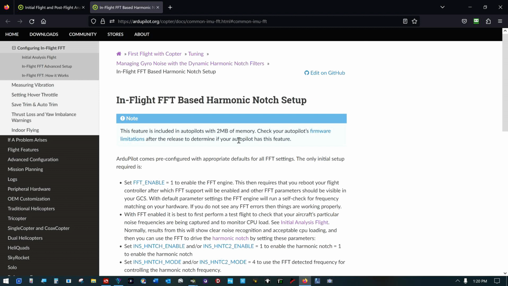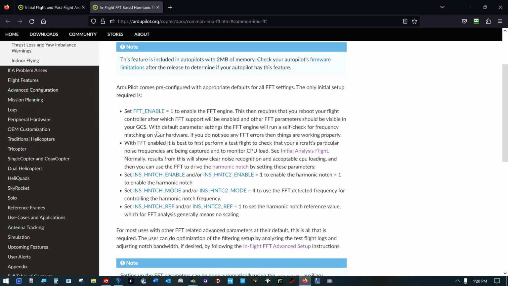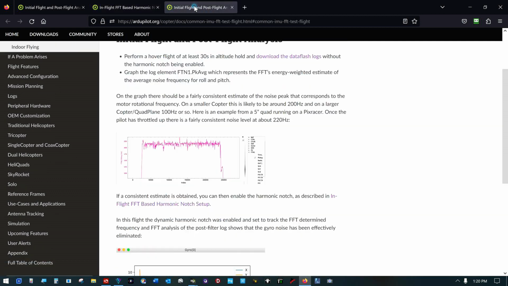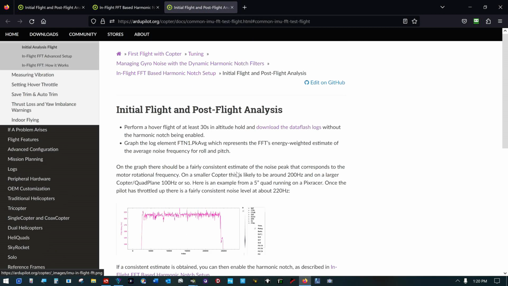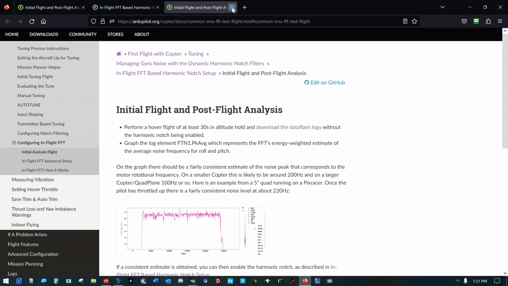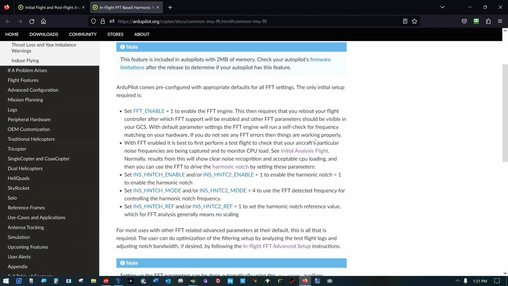Okay, we're going a little round robin here, people. We've been here before. We set this to a 1. We come down here to the initial flight analysis, and this is where we just were. We can't go round and around and around, people. So we're going to skip this time through. Normally,